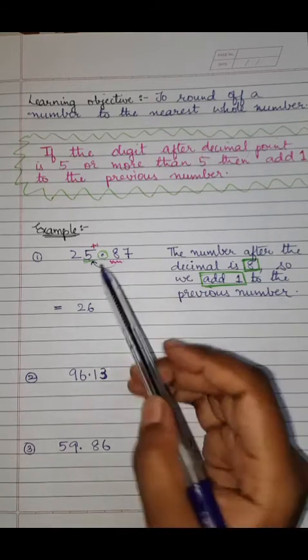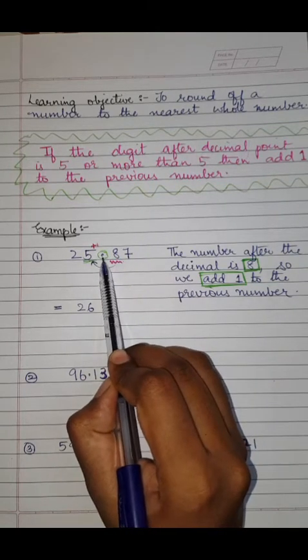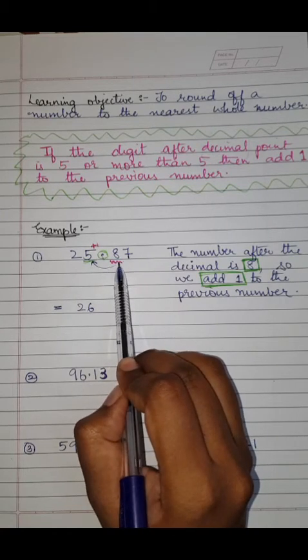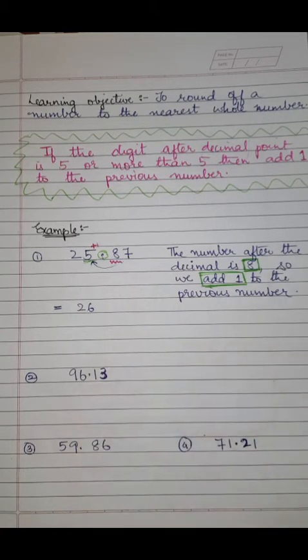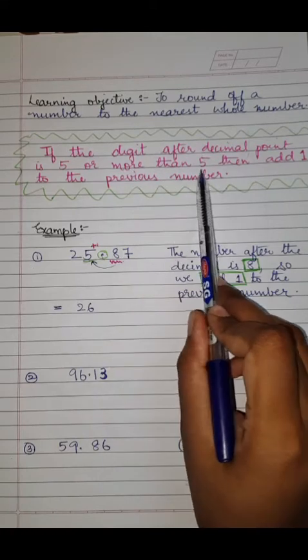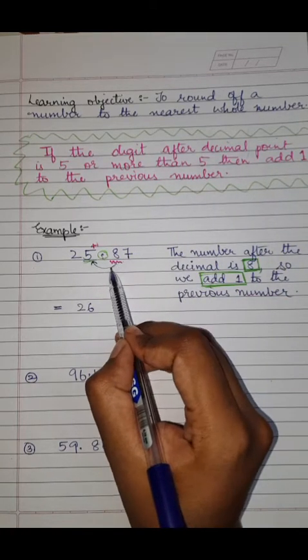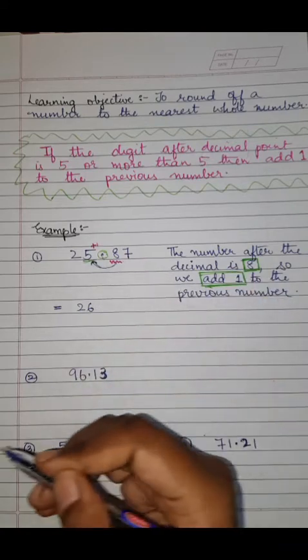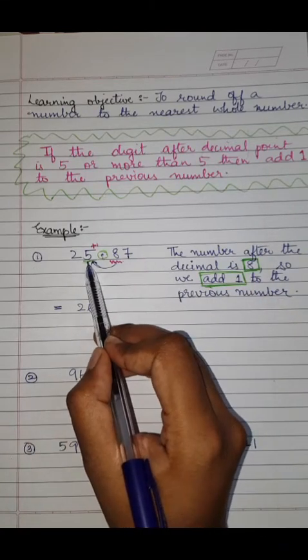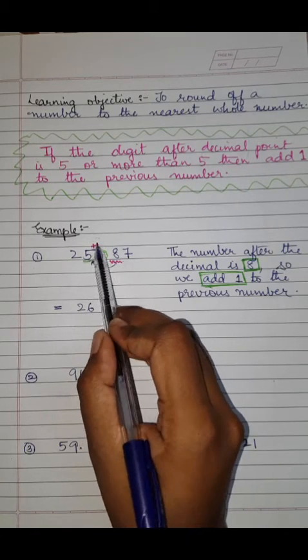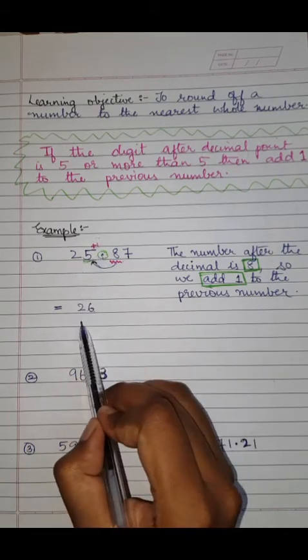And how did that come about? You saw your decimal point first. You saw the digit after the decimal. So the immediate digit after the decimal is 8, which is greater than 5. It is not 5 and it is definitely greater than 5. So what did the rule say? If it is more than 5, then add 1 to the previous number. So when you have to go to the previous number, you have to go one step back. So one step back, you will reach 5. So you will add 1 to your 5. So 5 plus 1 is 6 and your 2.